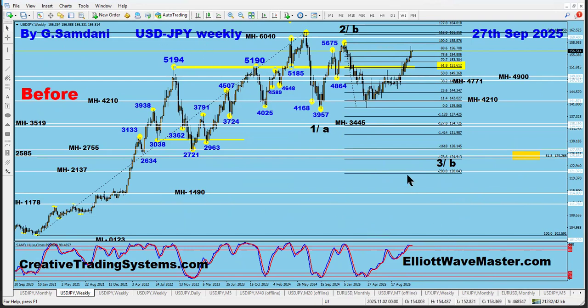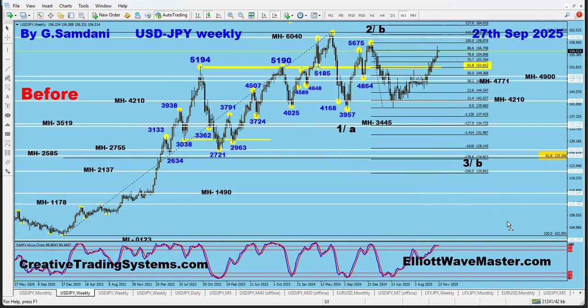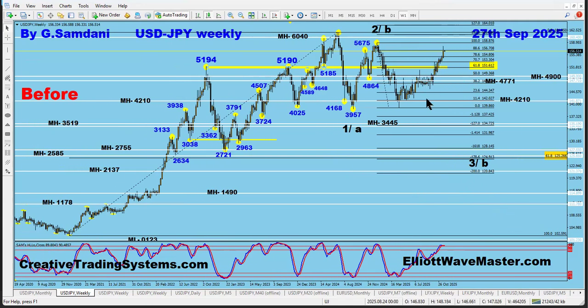So let's see. The more I see these yen index and pairs, a lot of people are talking about yen getting weaker, but the only thing that can stop it is the intervention. So if that is going to happen or not, time will tell. If that doesn't happen, then yes, it will continue to go to the upside. Yen will continue to get weaker, and all yen pairs will be going to the upside. And that is a second scenario to me. And I still think that probably the yen index will hold where it is now, and then drop, with all the pairs going to drop.